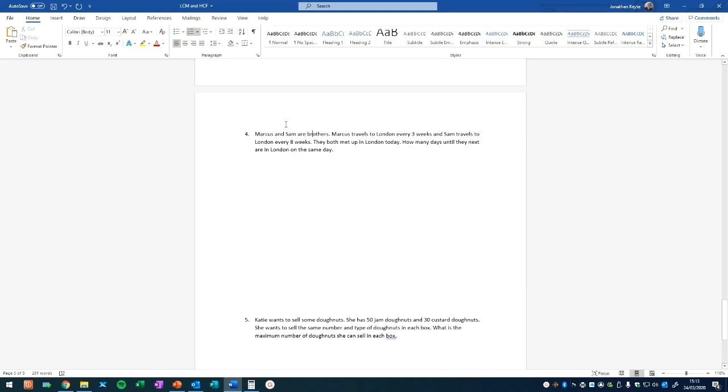So firstly, it's asking you for how many days. So I would change these weeks into days. So we know that 3 weeks equals 21 days, and 8 weeks equals 8 times 7, 56 days. So if we find these numbers as product of their prime, 21 is literally 3 times 7, and 56 is 2 goes in 28 times, another 2, 14, and then 2 and 7. So 56 as product of its prime is 2 squared times 7, which we can also write as 2 times